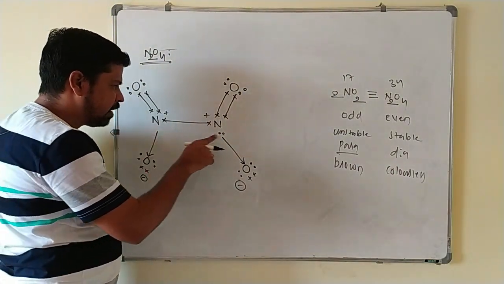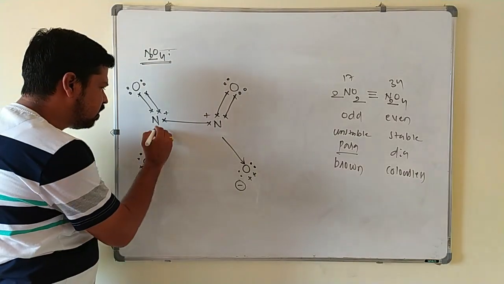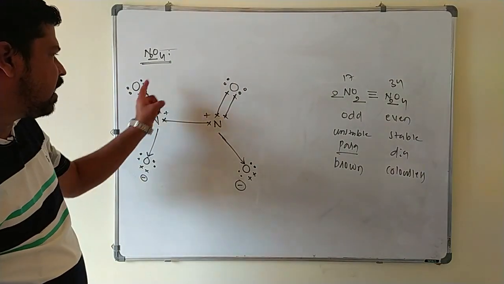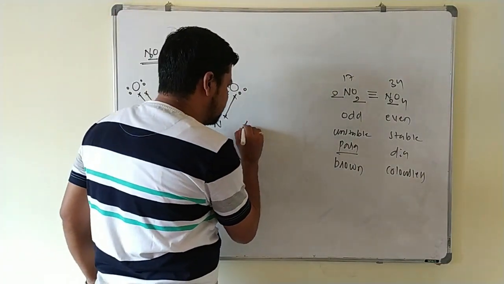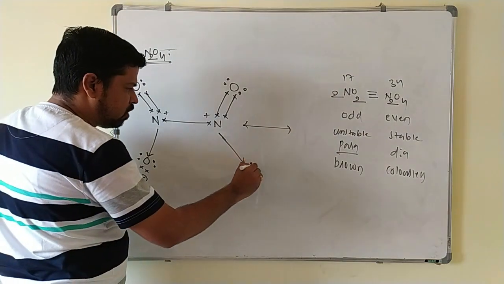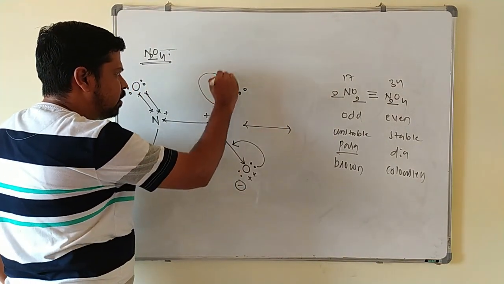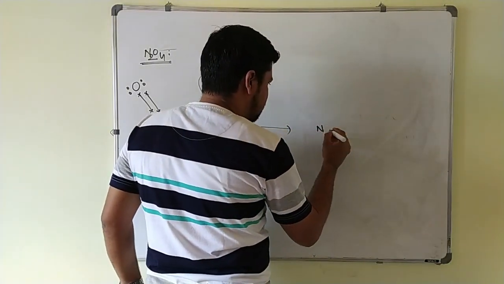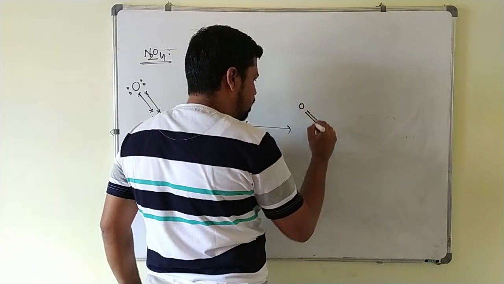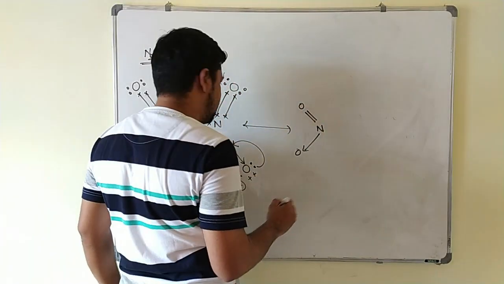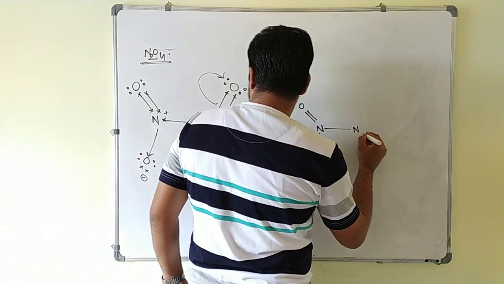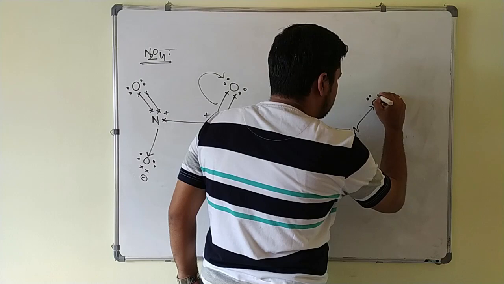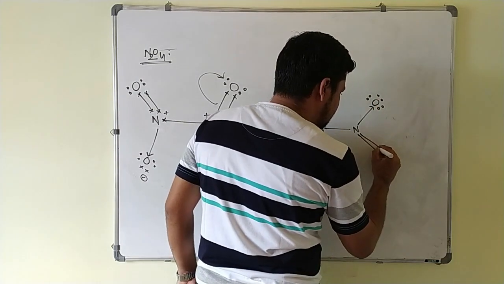So I will remove these electrons to avoid the confusion. We have done what? A coordinate bond with the help of a pair of electrons here. You can write the resonance structure of this one like this. Remove these electrons here and these electrons come to this one, and we will write this is a nitrogen, it's a double bond oxygen, it's a single bond oxygen, and next it is a nitrogen. Next you will get a single bond here and you will get 6 electrons on the oxygen, and now you will get this as a double bond.